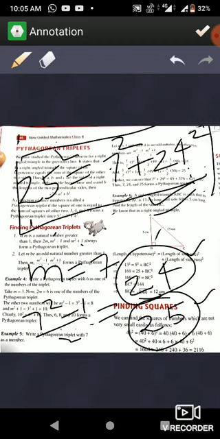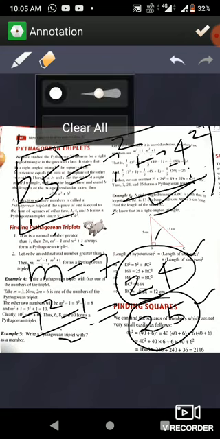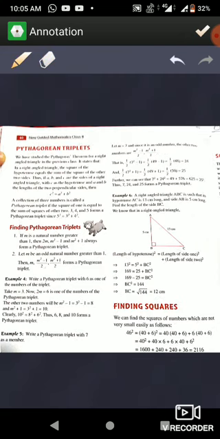Okay, now come to the second topic. The second topic is finding squares. Suppose 2-digit numbers, it is applicable only for 2-digit numbers. We are going to find the squares without actual multiplication, but it is only applicable for 2-digit numbers. Suppose the number given to you is 24. We have to find its square. The first method is to multiply 24 into 24, and the second one I am going to tell you is how you can find the squares.